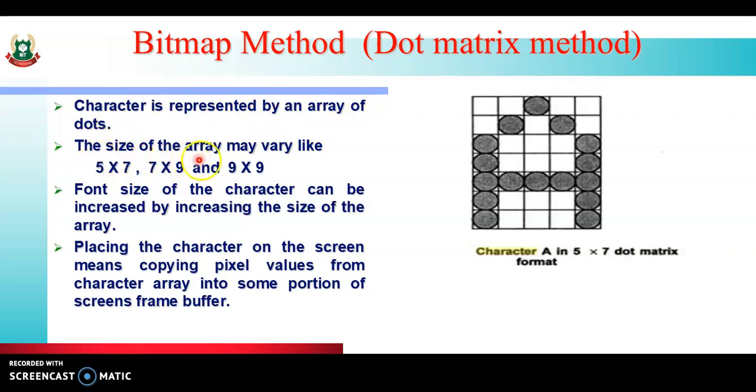We can take the array size like 5 by 7, 7 by 9 and 9 by 9. So, for increasing the font size of the character, we have to increase the size of the array. Then, placing the character on the screen means copying the values of the pixels from the character array into some portion